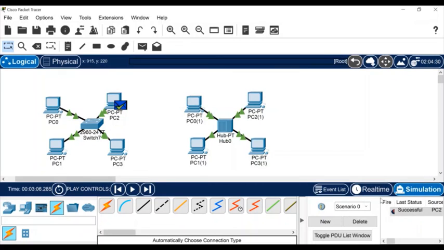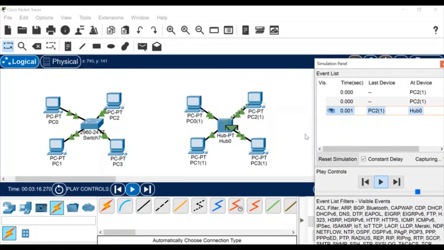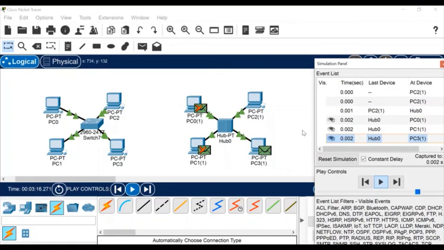Now I will show it with the hub. Similarly I'm going to ping from 1 to 2 and 3. It is getting ready, and now you can see here it is broadcasting first, and then also it will broadcast. You can see here it has been broadcasting to every computer. Similarly, ICMP packets will also be broadcasted, which you can't see in the switch. It causes flooding of packets, so they moved from hub to the switch.